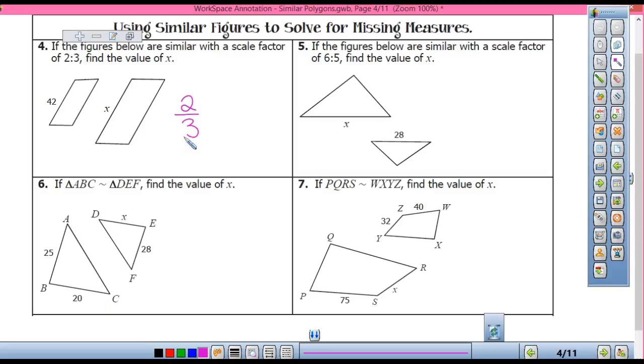So now, if it's 2 over 3, what is on top? The little. Okay, so 2 over 3 is going to equal little, which is 42 over X. And now you're solving it the exact same way that you did yesterday. Okay? So 2 times X is 2X equals 126. X equals